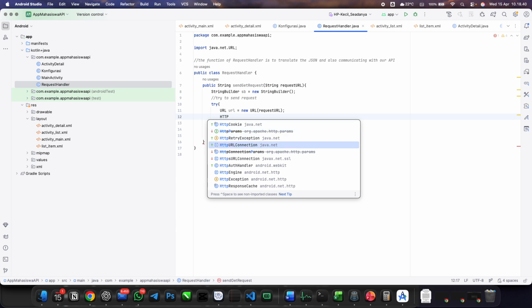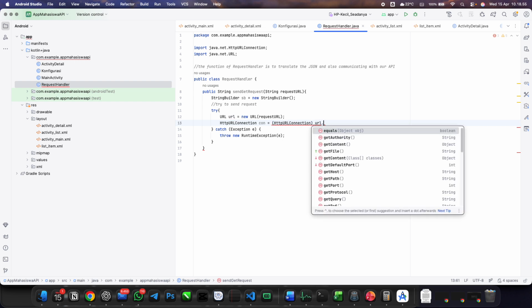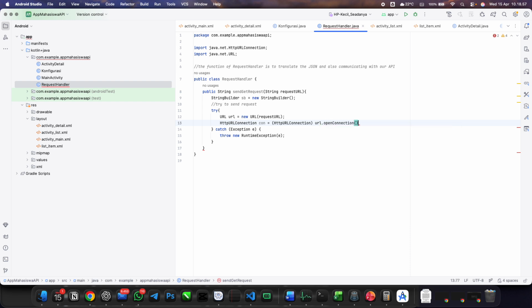HttpURLConnection, we call it con, is a new object of HttpURLConnection that will open the connection: url.openConnection. After opening the connection, we have to set the request method. con.setRequestMethod, we set it as GET.